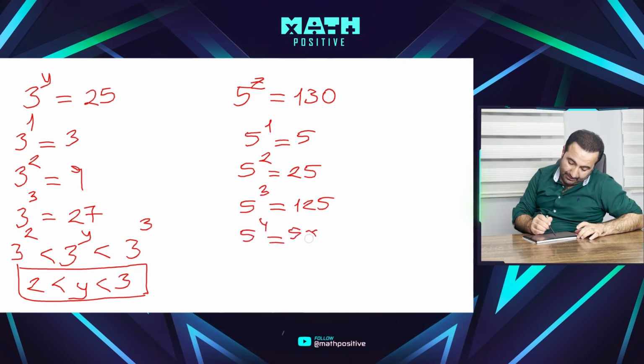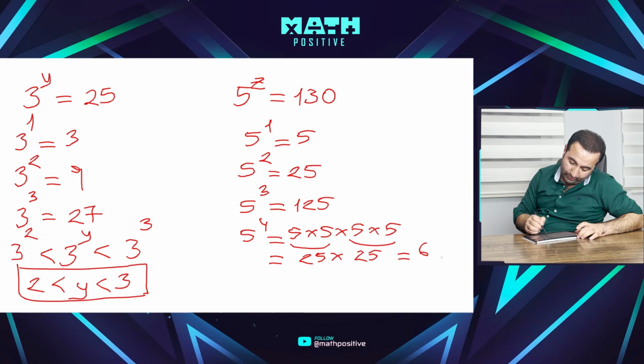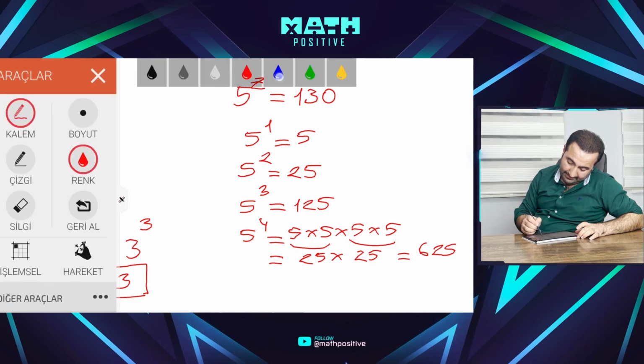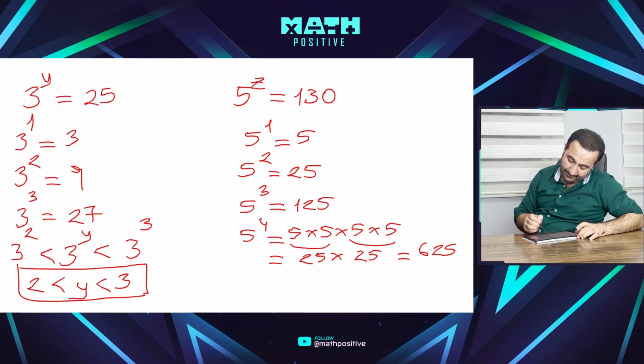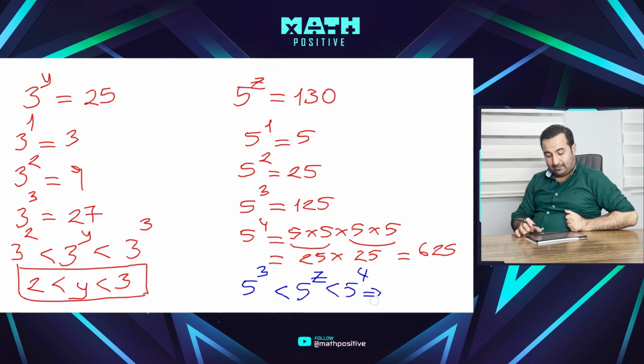Let's see the powers of 5. 5 to the power 1 is 5. 5 squared is 25. 5 cubed is 125, and 5 to the power 4 is equal to 5 times 5 times 5 times 5, and this is 25 times 25, which is 625. As you see here, 5 to the power